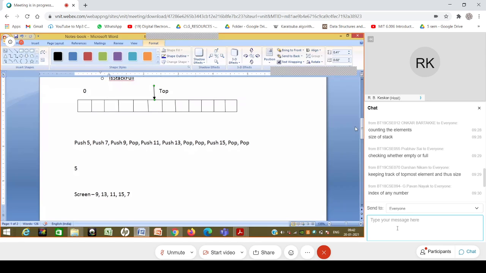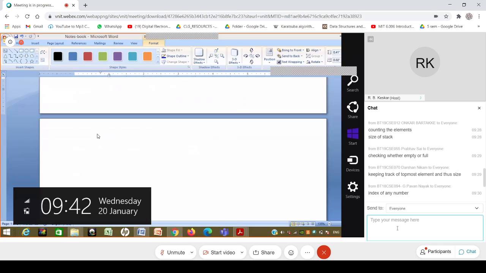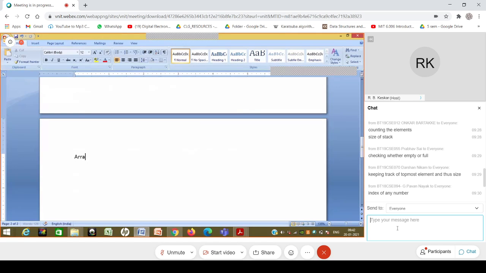Now, can I implement a stack by using one array and a top? The answer is yes, because every time someone says push, I'm going to move the top to the right and add an element over there. And whenever someone says pop, I'm going to remove the element and go one step back. So we need the array and the top. Let's say I'm taking a stack of integers, so elements could be integers. So I have an array of elements. So how is the stack formed? Stack is formed by having an array of elements,